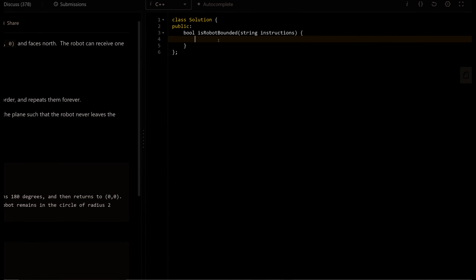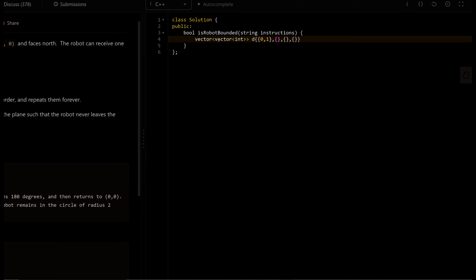To code this, firstly we need a 2D vector or a 2D array, D here. What we are going to keep in this array are four directions: north, east, south and west.